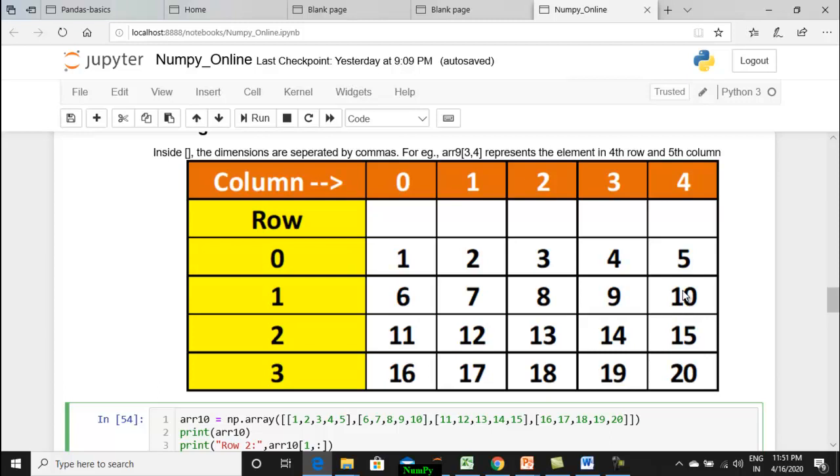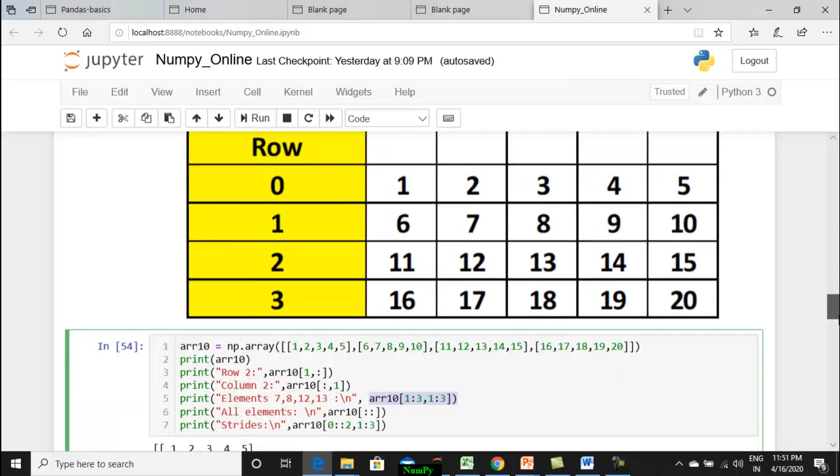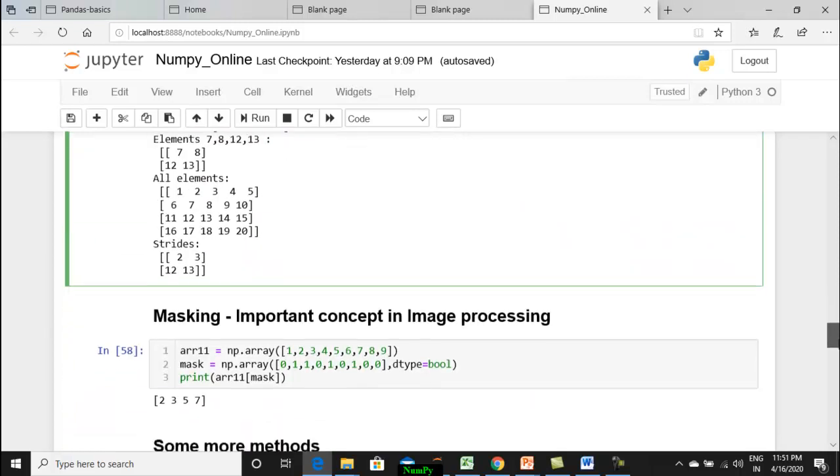That's it. Suppose you want to have elements 6, 8, 10, 16, 18, 20. So how should the row go? Row should start with 1, stop at 4. Yes. Start value is 1, stop value is 4. And then what is the range? We don't want this particular row indexed with 2, and hence you have to have the step value as 2. Okay. So that's all. The column value remains the same and you can get strides.